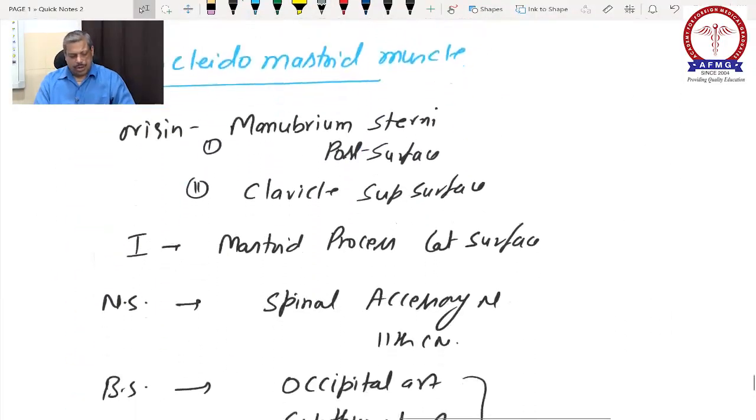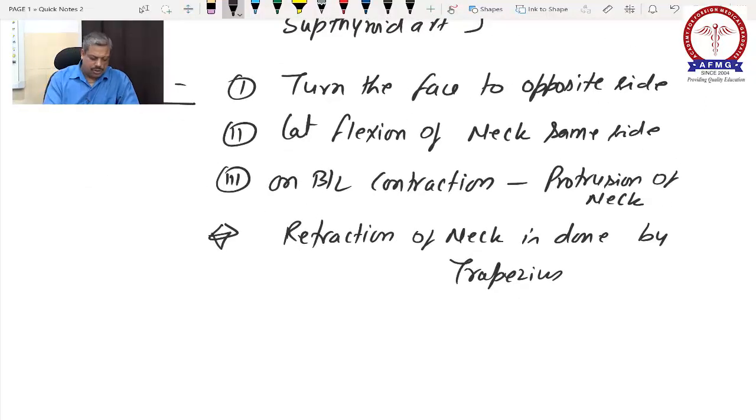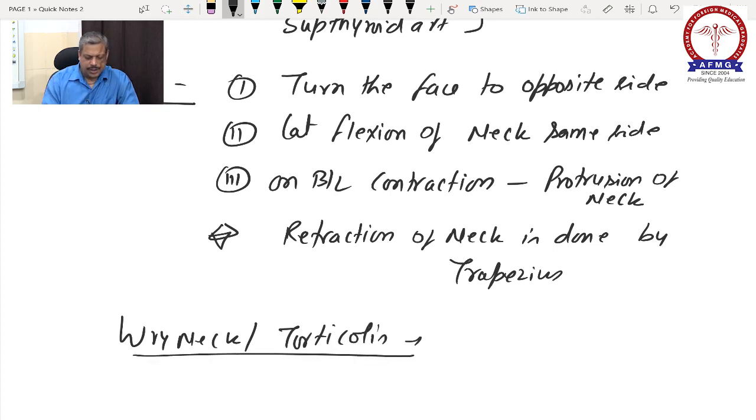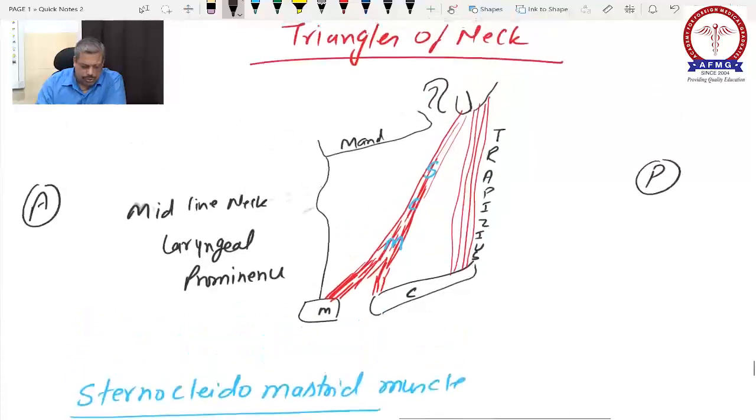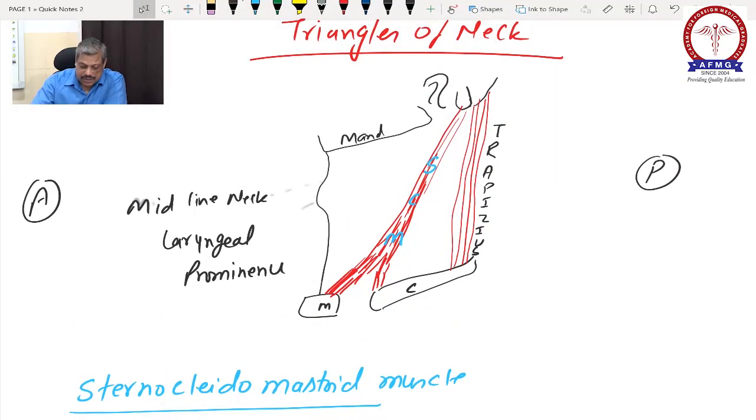And shortening or a spasm of the sternocleidomastoid causes wry neck or torticollis. Clear? This wry neck or torticollis is due to spasm or shortening of sternocleidomastoid muscle. It may be temporary or it may be permanent. Now see, sternocleidomastoid, very important muscle. Why are we discussing it here? Because it is obliquely placed in the neck and it divides this lateral side of the neck into two